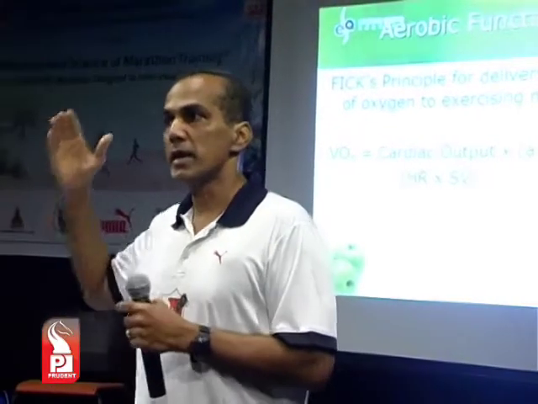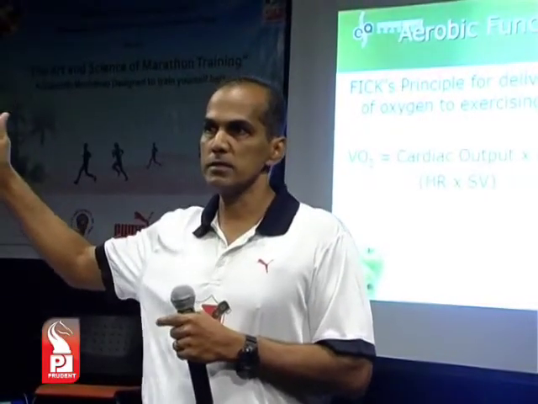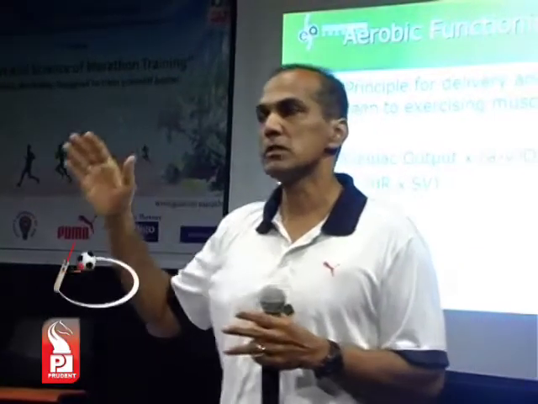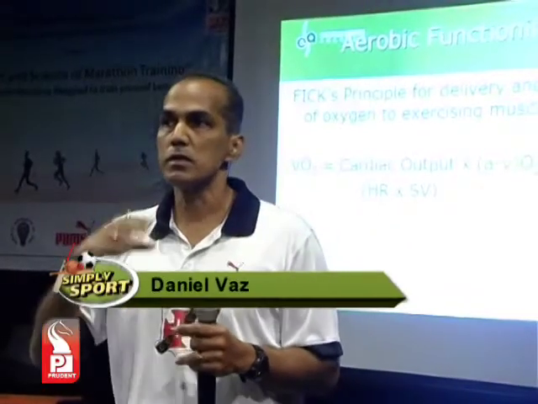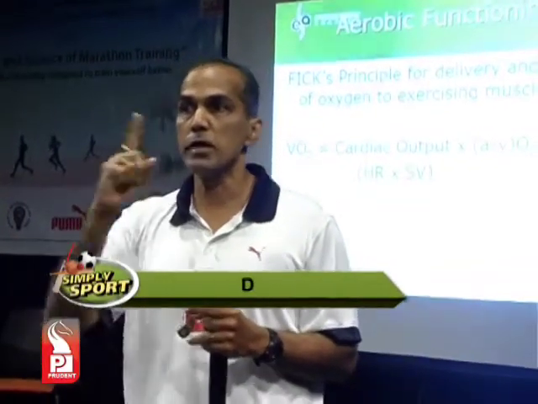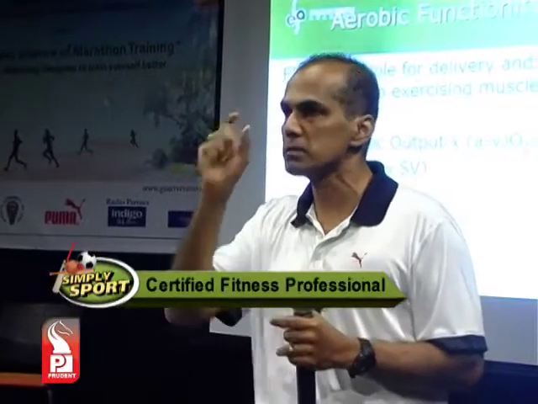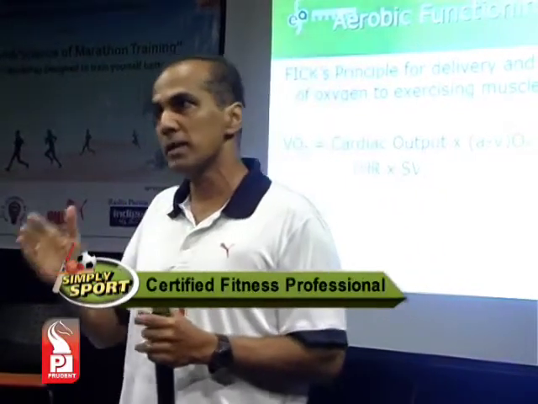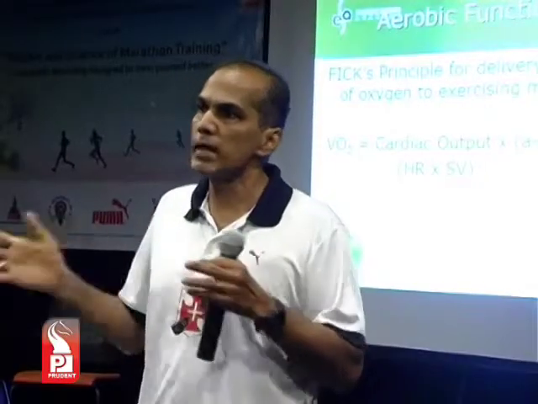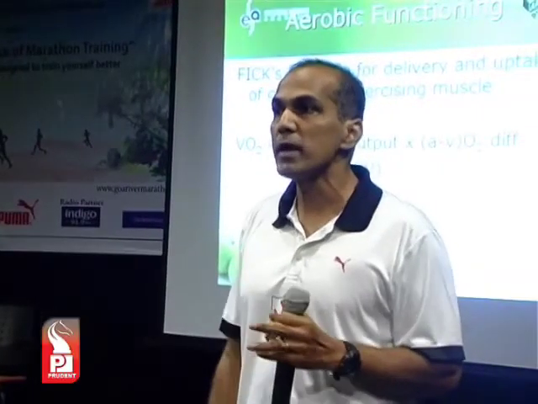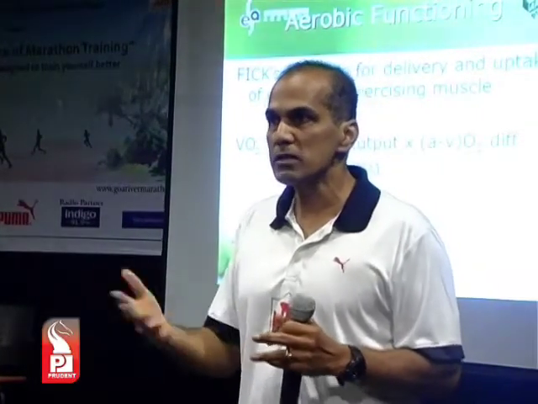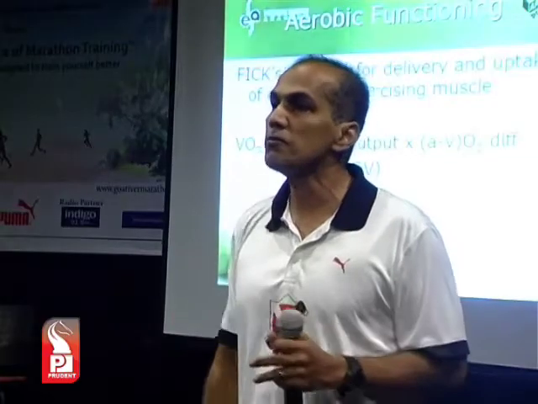There are elite marathoners like the Kenyans and Ethiopians, and then there are recreational marathoners like us. We have a certain variable called VO2. It is the milliliters of oxygen delivered to your working muscles per kilogram of your body weight per unit time. It's mathematically defined. For example, I'll give you figures. A Kenyan athlete will have a VO2 max of around 75 to 80. Recreational runners like us have it in the range of 40 to 45.